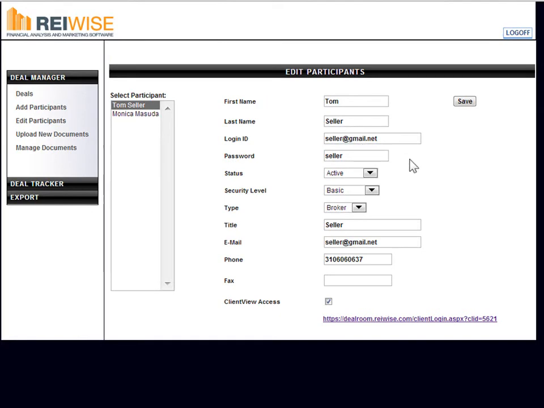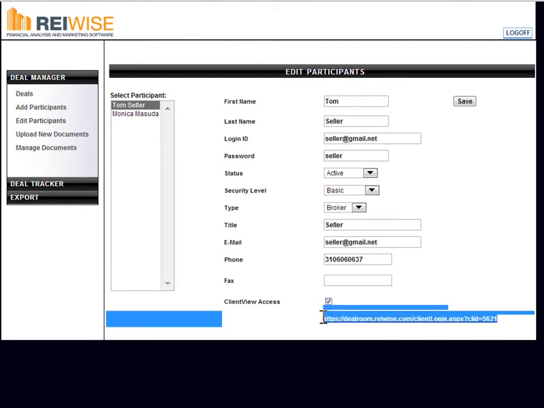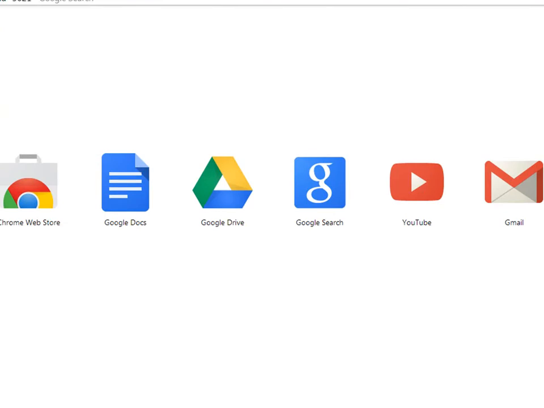You would add the seller to each property and then check mark the Client View Access. That is all you need to do to turn on the Client View Access for this individual seller. Next, simply copy and paste the link into a browser. When you paste the link into a browser, or when your client pastes the link into a browser, they would